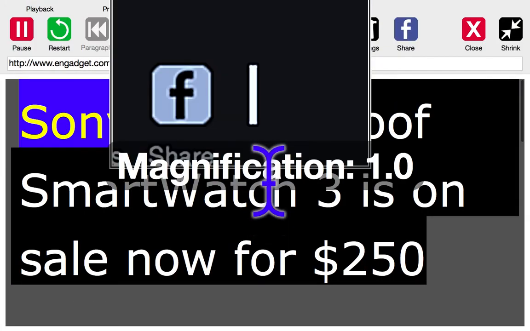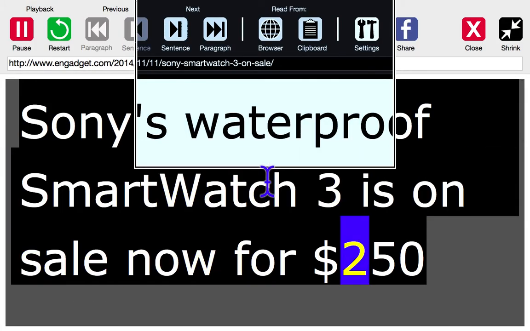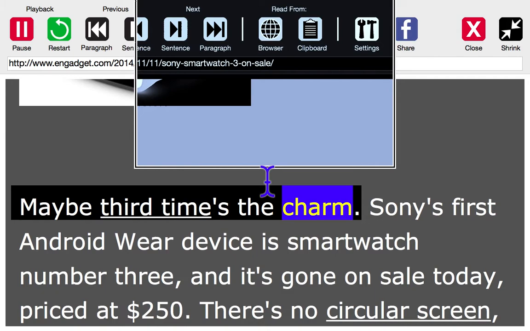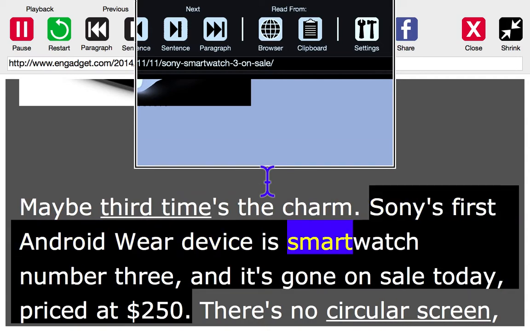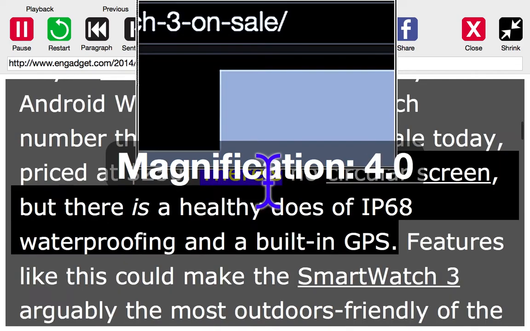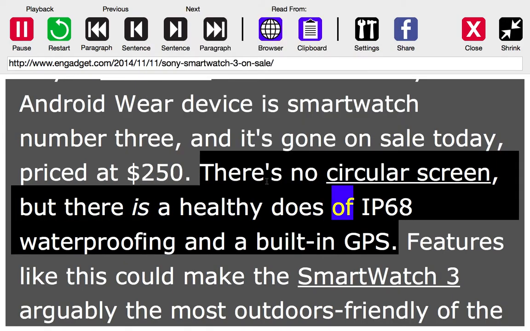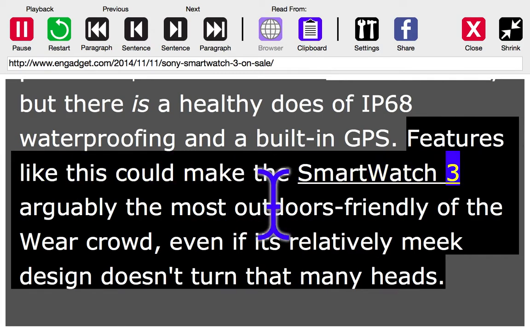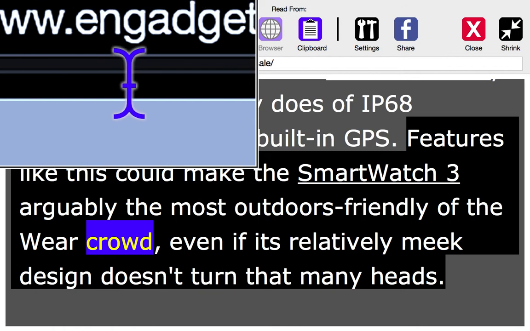Retrieving content. Sony's waterproof smartwatch 3 is on sale now for $250. Maybe third time's the charm. Sony's first Android Wear device is smartwatch number 3, and it's gone on sale today, priced at $250. There's no circular screen, but there is a healthy dose of IP68 waterproofing and a built-in GPS. Features like this could make the smartwatch 3 arguably the most outdoors friendly of the Wear crowd, even if it's